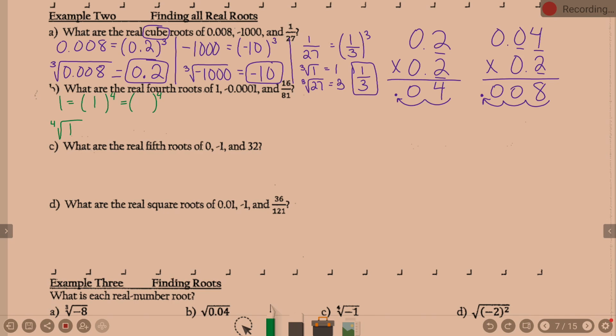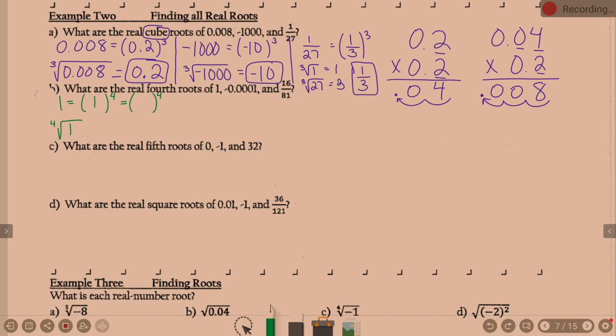Okay. Let's talk about C. What's C asking me to do? Fifth roots. We're just going to keep getting bigger here, and then we're going to jump back down and talk about square roots. Fifth roots is generally about as big as we go, but don't quote me on that. I can't remember what Math Excel does for sure. Okay, so the fifth root